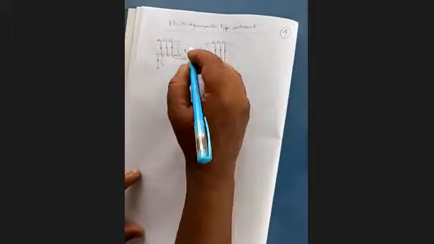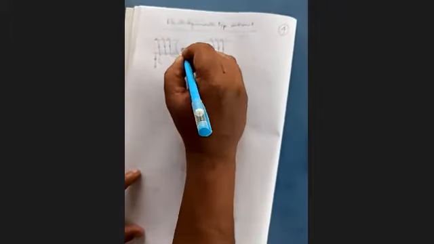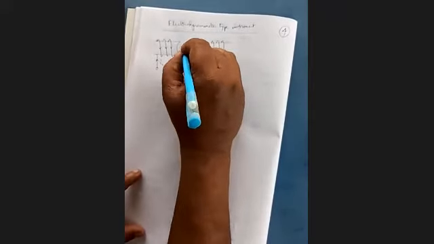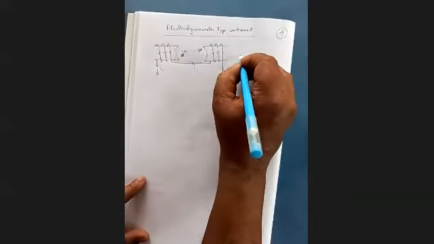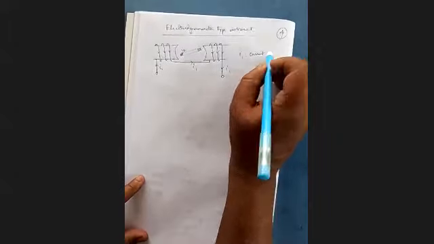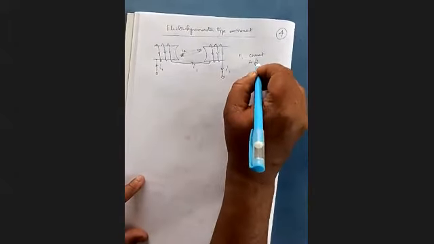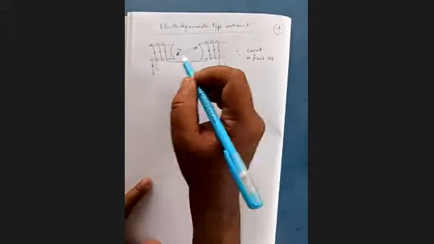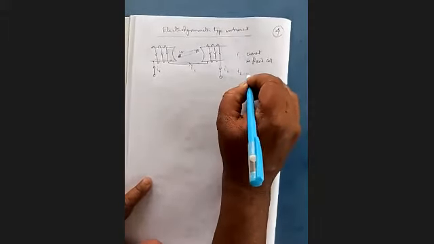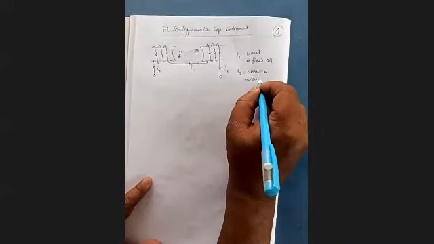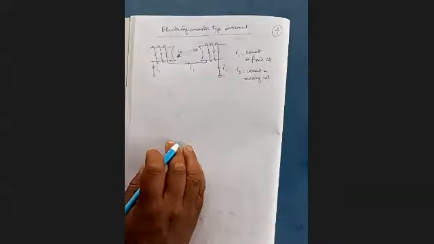Now the moving coil is carrying some current. That current is I2. I1 is the fixed current in the fixed coil. This is the fixed coil, and I2 is placed in a former, and all these things were already discussed in context with the PMMC instrument. So I2 is the current in the moving coil. Clear?